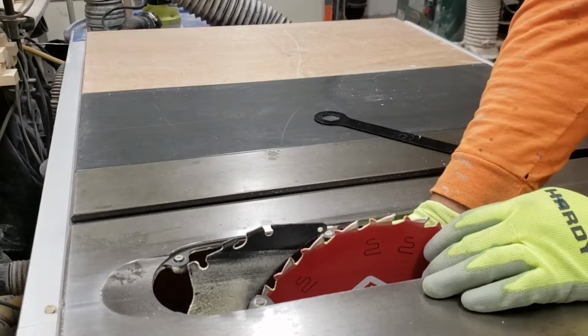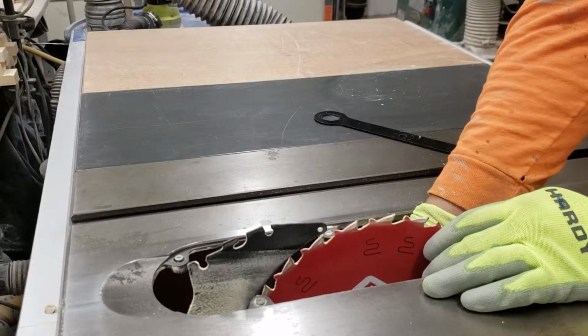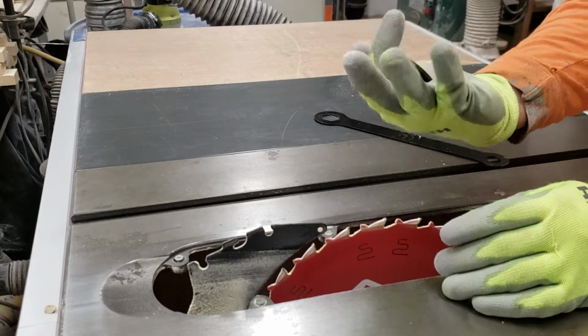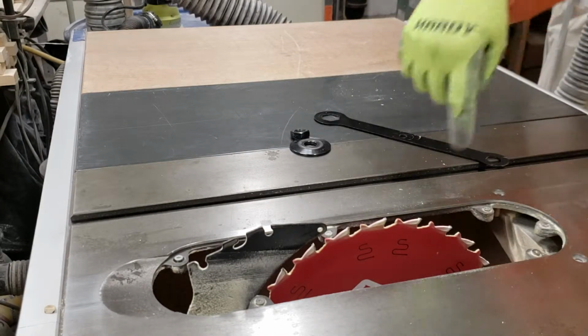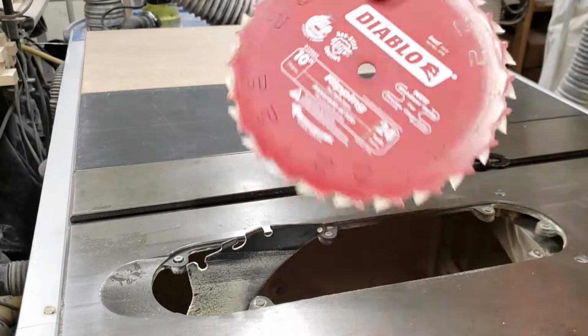This is where you have to be careful, because I don't know if you've ever done a dado stack or anything like that, but having that nut and the washer fall down there into that dustiness that you have down there, it's not very fun. So then you slowly take your blade out,